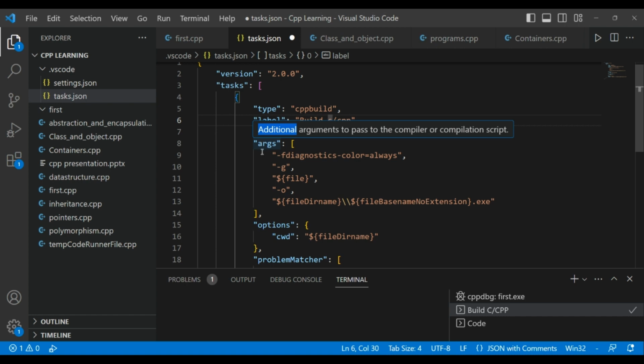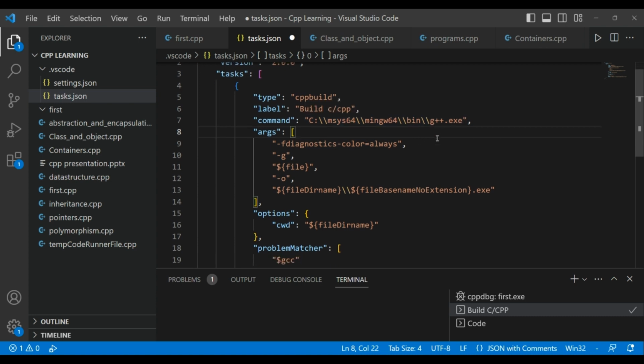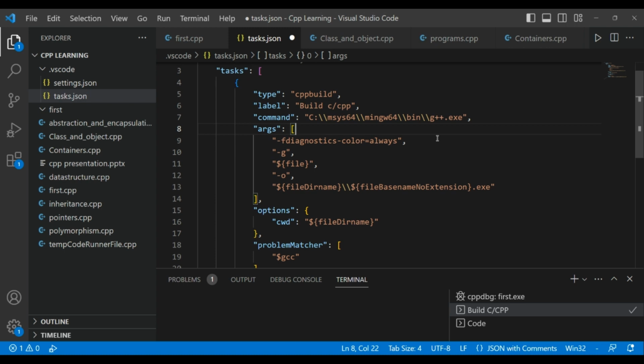Command is basically what kind of command you want to run for this particular task. So since I want to build a CPP, this is a CPP build task. I am using this path. Basically system has already generated it, but we can configure it. So we will run this particular command g++.exe in order to build my current C++ file. Okay, so this is the path of my compiler, and so this is a command,